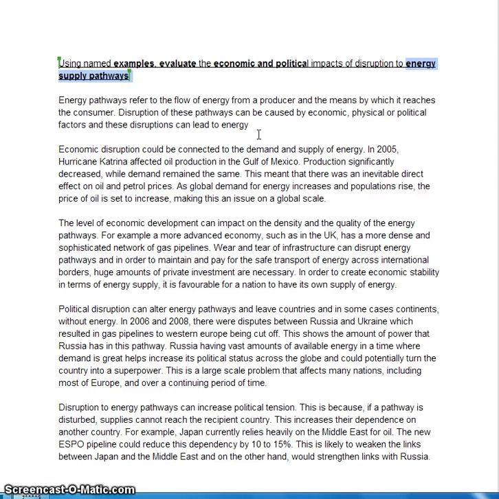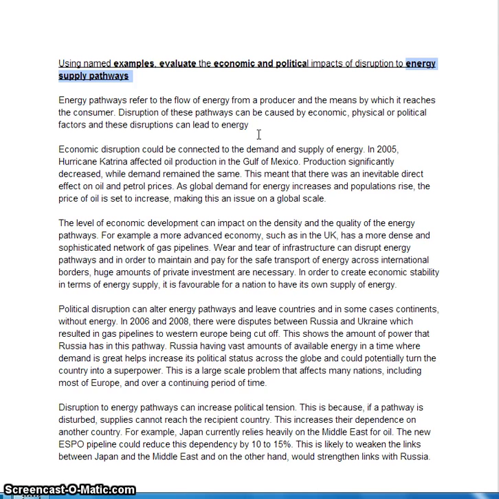The final bit, and probably most important when we're looking at level 4 and getting into that top mark boundary, is the evaluate. We need to, at the end of probably each paragraph, every example that we introduce, and whether you choose to do it at the end of talking about economic impacts and then doing it at the end of political impacts, or whether you choose to do it after case studies, but saying whether or not that particular impact or that piece of PSD that you talked about,